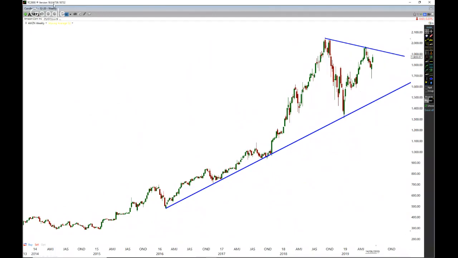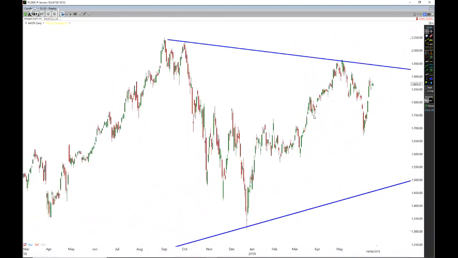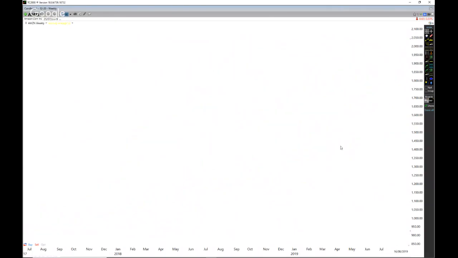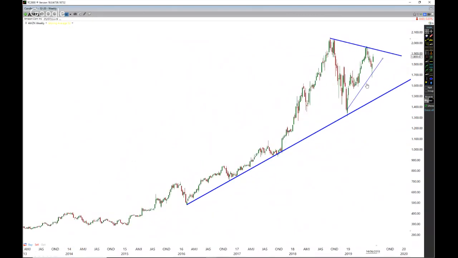Actually, you know what? Let me go to the daily chart. I'm going to go to the daily chart here and see if I can identify anything through here. It's probably through, but it's only one bounce, isn't it? There's no real true strong one. I like to have lots of bounces. So, you know, I'm just going to keep it through there.